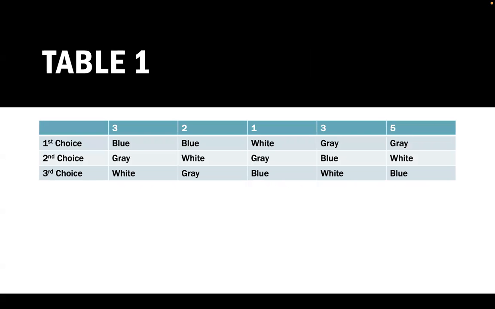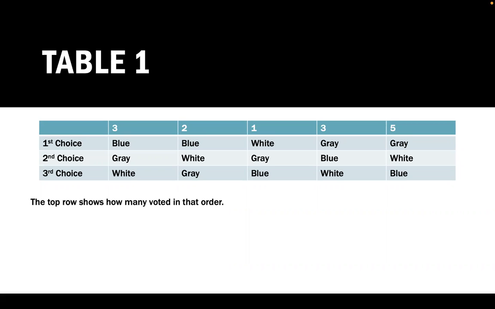So first, let's look at this lovely table. We are talking about the colors of cell phone cases. There were 3 options and people got to vote in order what their preferences were. So the top row of numbers shows how many people voted in that order. So 3 people voted blue as the first choice, gray as the second choice, white as the third choice for